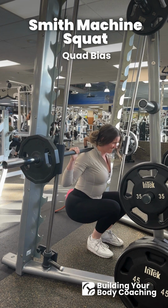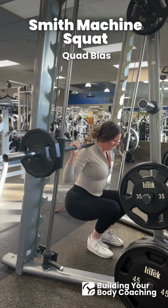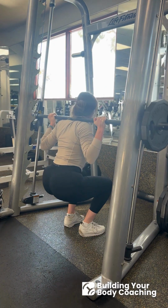How you set up and execute a squat can greatly affect which muscle groups you're engaging and ultimately growing. With the Smith machine squat, you can adjust your form to bias your glutes, your quads, or use a more neutral stance to train both pretty evenly. In this video, we're walking through how to perform a quad-biased Smith machine squat, a great movement for building stronger,